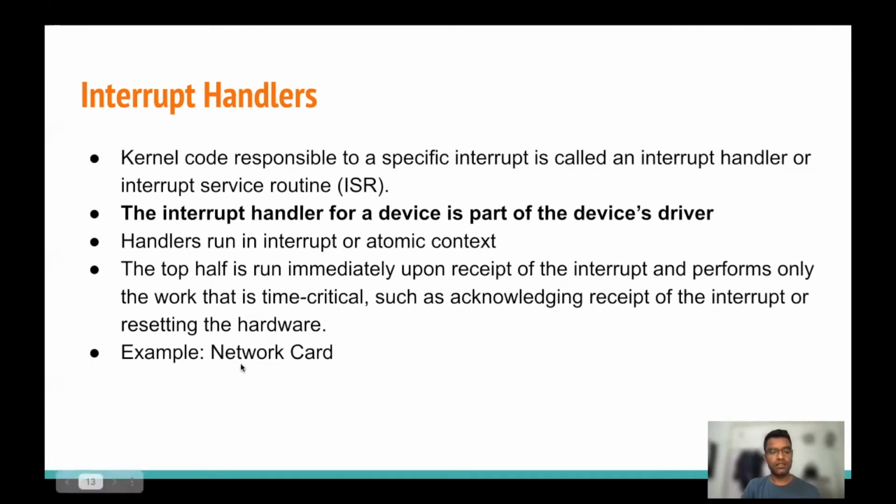We can take the example of a network card. The network continuously delivers packets to the system. If the processor tried to process the whole network packet, it would take a lot of time. So it will just get the packet from the network card and hand it to the kernel, and it will directly tell the device that I have serviced your interrupt. In this way interrupt handlers run.